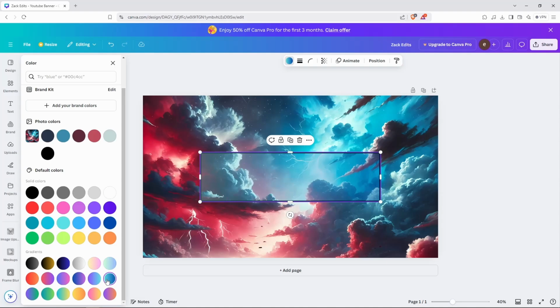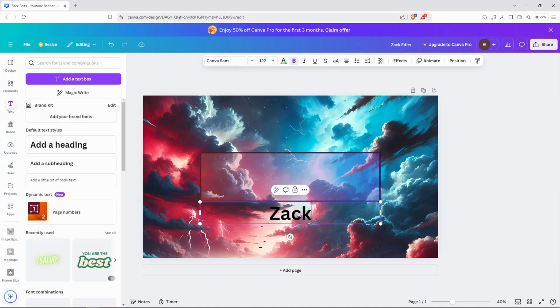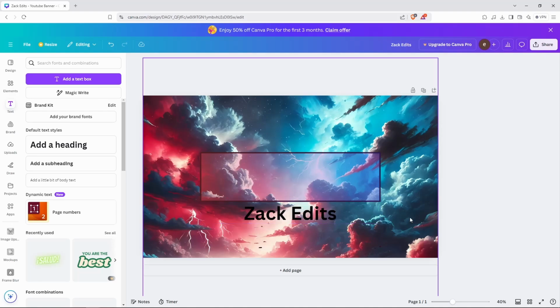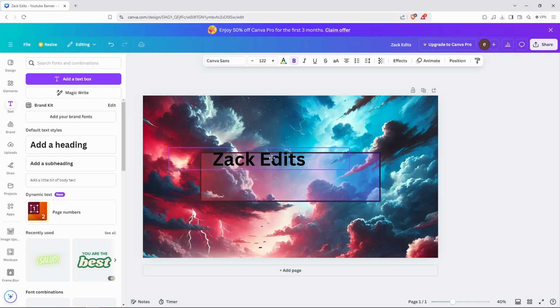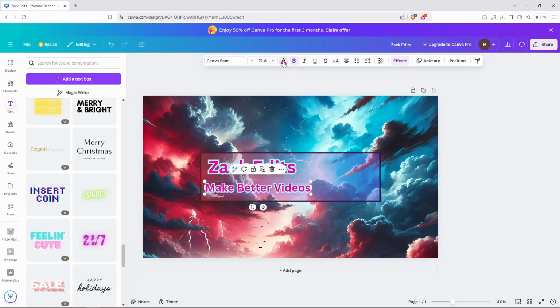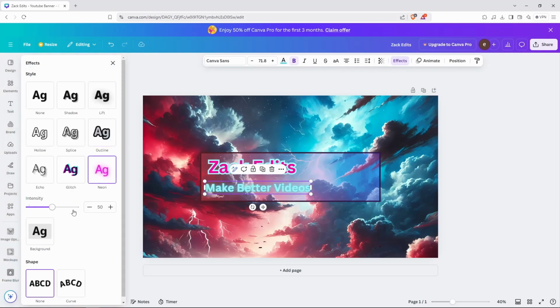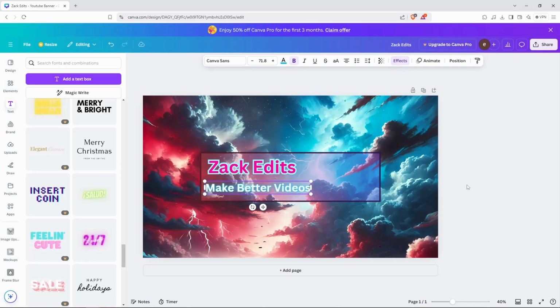After you finish the frame, it's time to add text. Select the font or the type of the text you want, then type the name of your YouTube channel. I will type the name of my YouTube channel right here, then add a sentence that describes the content of your YouTube channel. My channel is about video editing and stuff, so I will just make this sentence: make better videos. After you finish typing, go and edit the text. Go to effects and set the shadow. Select the effect you wanna use. There is shadow, there is outline and glow. You can use anything that you think